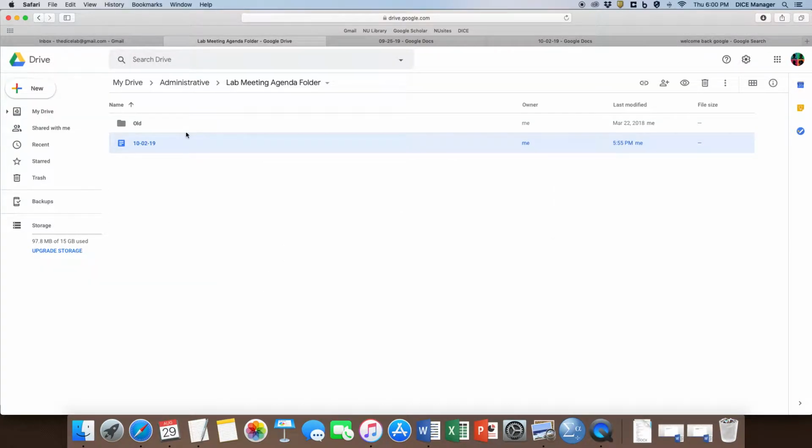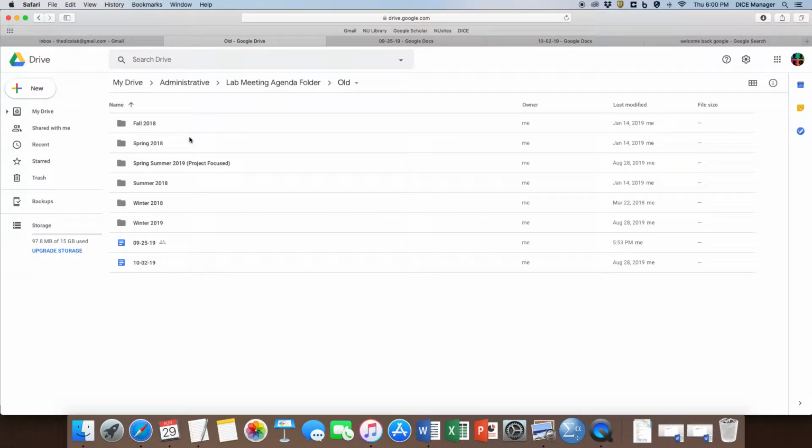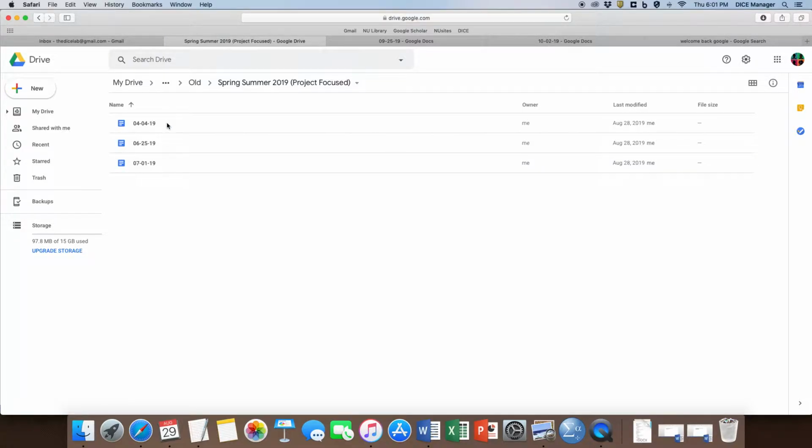We can just take a quick look at an old lab meeting agenda. Let's do spring of 2019. So these were project focused. So we don't really have a lot for spring and summer. In the spring and summer of 2019, students were all doing their own independent research, and students kind of communicated that we don't need a lab meeting agenda. But some students,